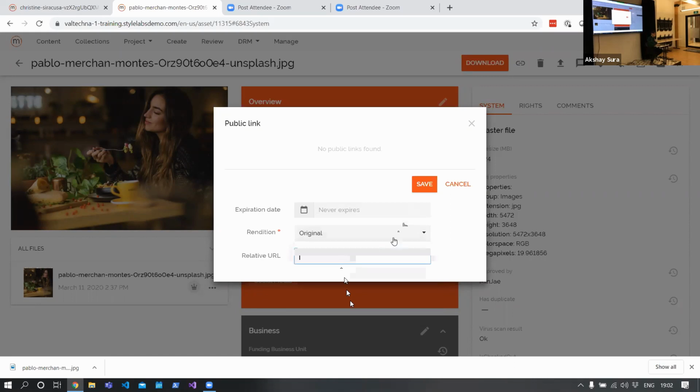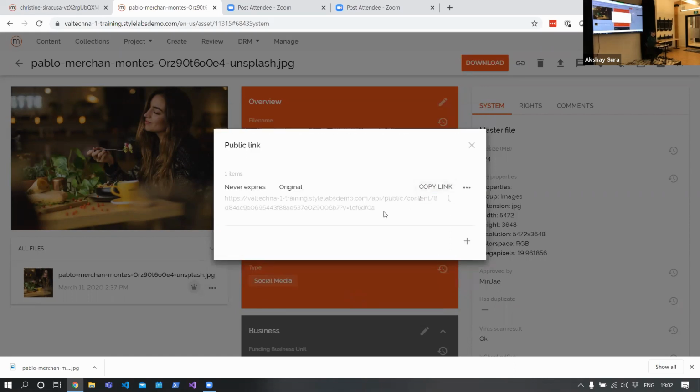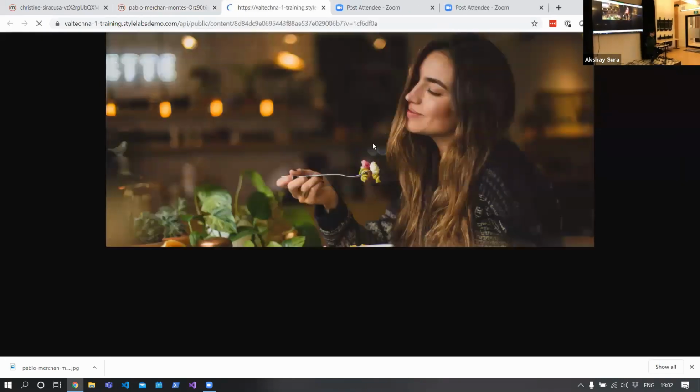I'm going to share the original, save, and it'll create a link to this image. And you can use this image anywhere, including Sitecore. If you didn't bother to install a connector, let's say some organizations using WordPress, you can use this link, pop it on WordPress, and you'll see. So you click on this,